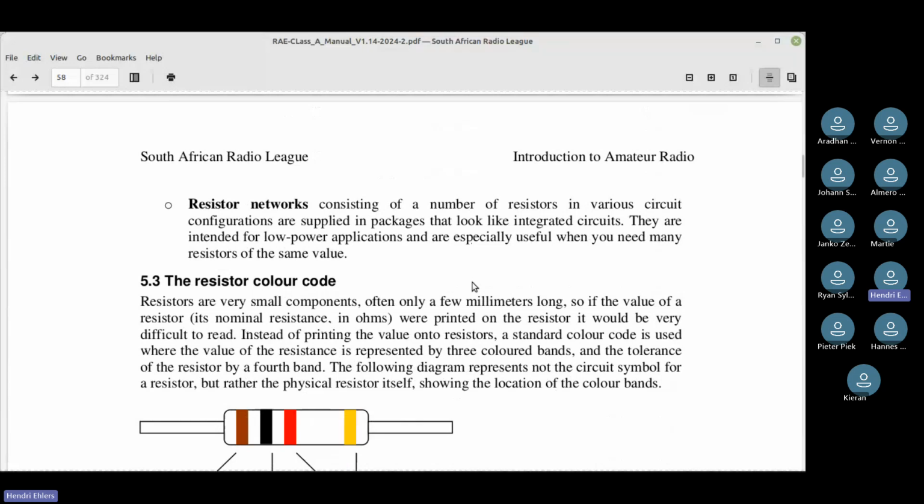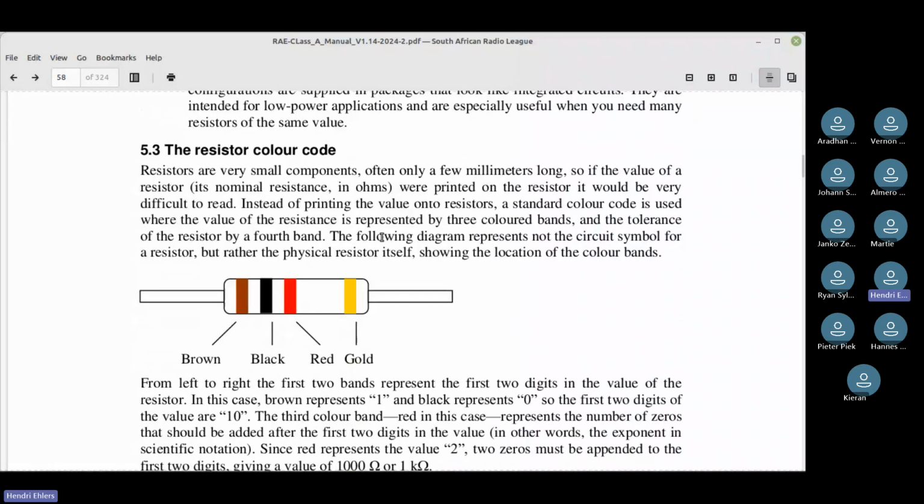Resistor networks, basically, would be used on a microcontroller where you've got, for argument's sake, 8 bits, and you need to pull them high, but you want to use only one supply. So you would then have a resistor network with 9 pins, one supplied to positive, and the others keep the data bus high.